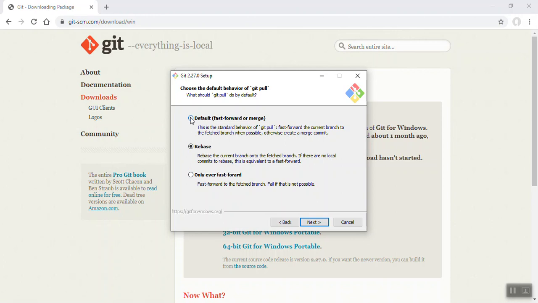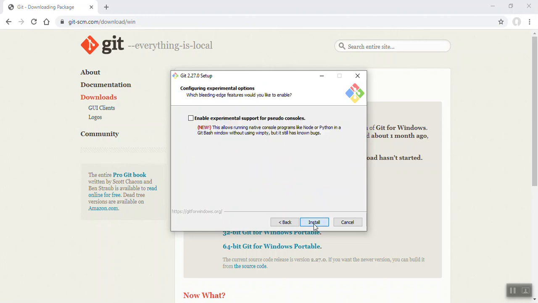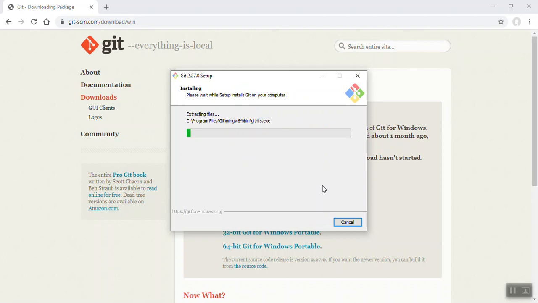Let's go with this. Click on next. Click on install. It is getting installed. Once it is installed, you have Git Bash on your machine.